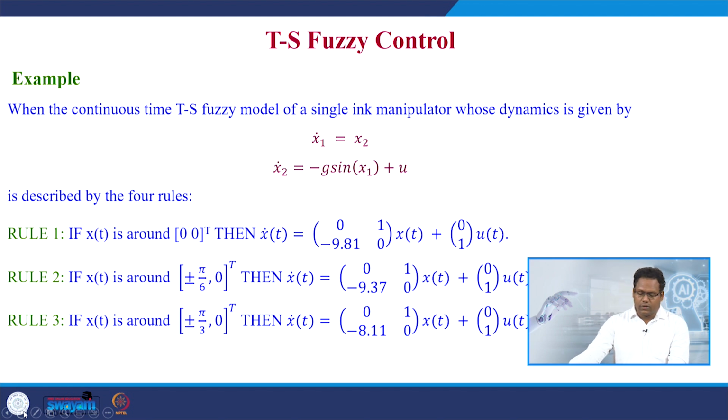Now coming to the TS fuzzy control, the major difference between Mamdani type fuzzy control and TS fuzzy control type is basically the output is obtained by the linguistic variable in the case of Mamdani, whereas here the output is obtained through an expression or a model, precisely a linearized model. Because we know fully and thoroughly about the linearized models, we can get the non-linearized model. We can clearly observe the non-linearized model. Let us see an example